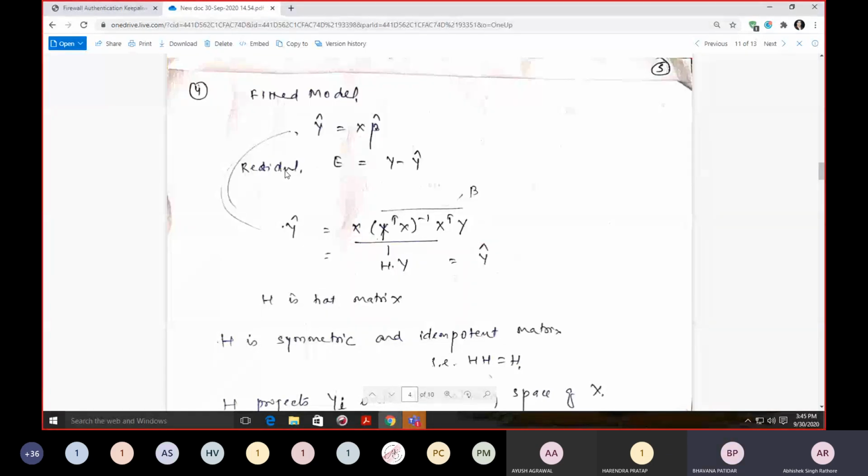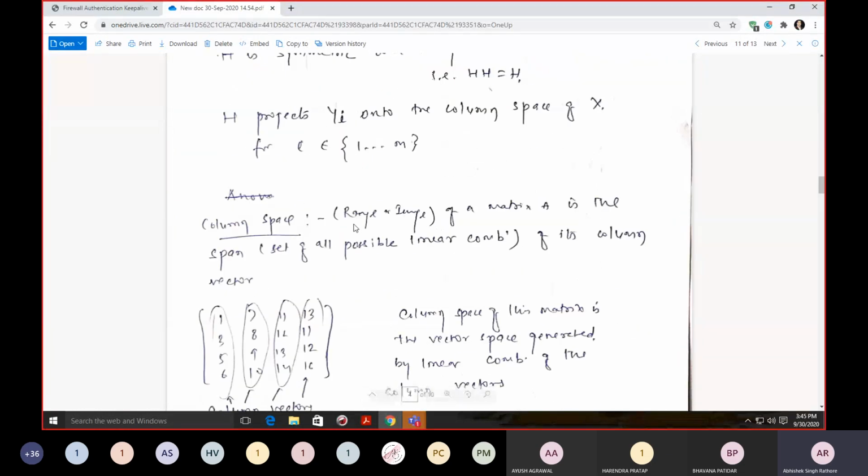हाँ, तो ये कॉलम स्पेस क्या होता है? आप लोगों ने लीनियर अलजेब्रा पढ़ा है? भूल गए, सबके सब भूल गए। पता था मेरे को लिखना पड़ेगा। फाइन। सो दिस column space is just like